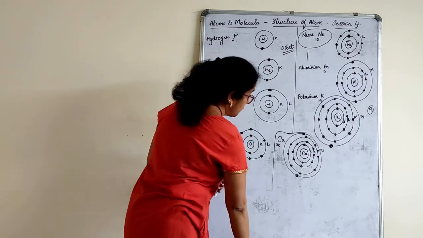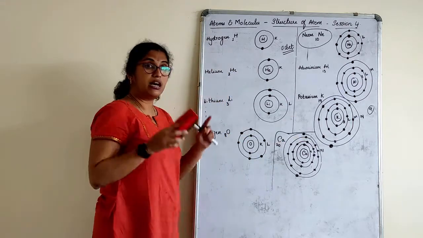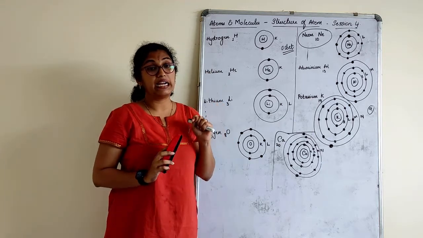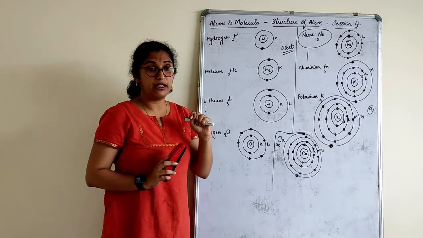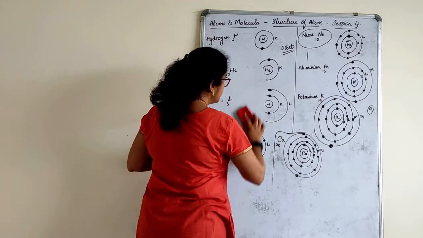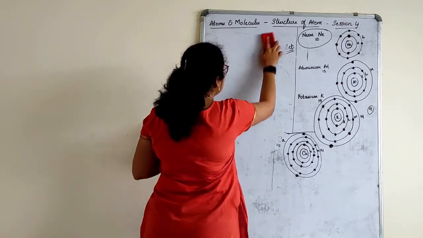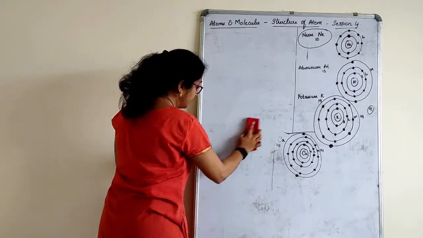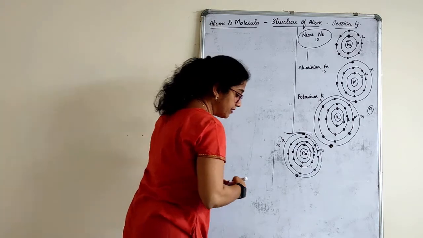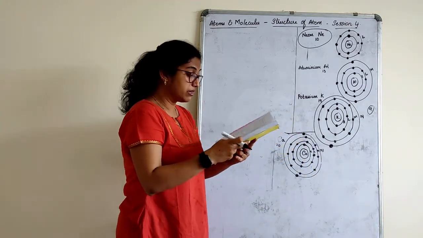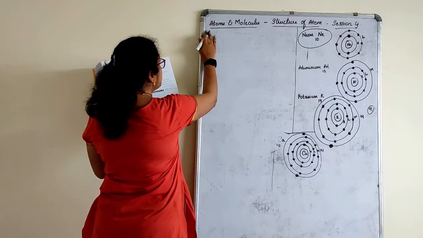Right? Then, after you finish this, a small tabular column has to be done. And what you have to write under the tabular column, I will tell. So I'll erase this now. See, you already have the tabular column in your textbook, but I want to add a little more points in that. Once you are done with this drill, in your notes on page number 39, it's the same thing that I'm going to give you.